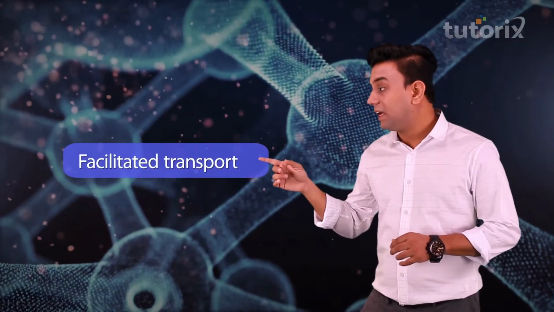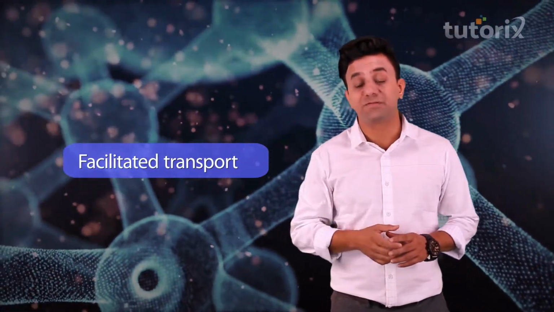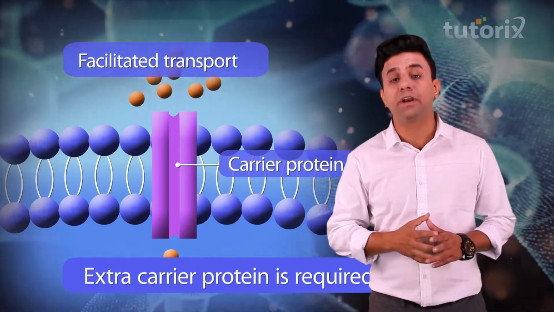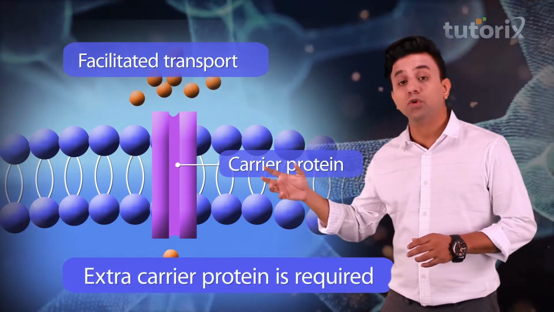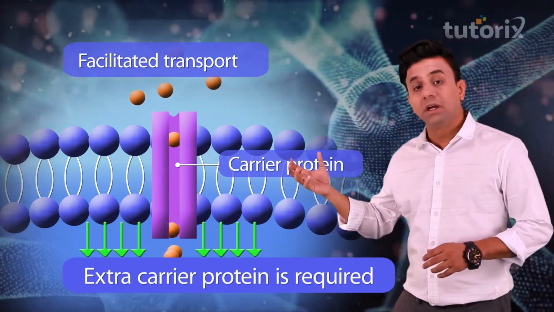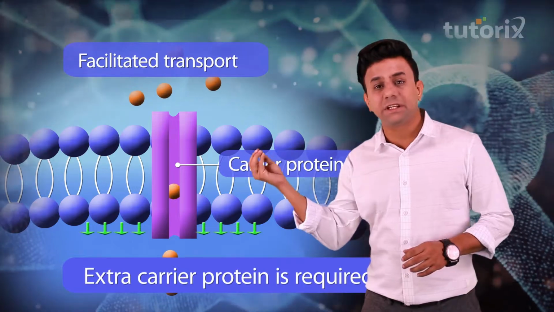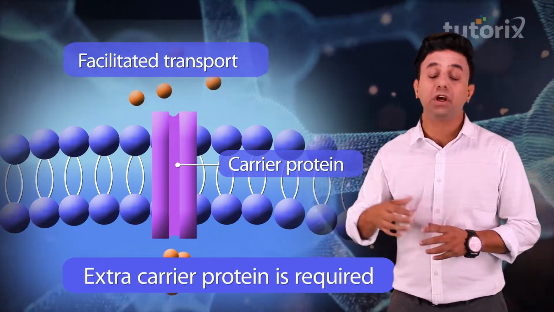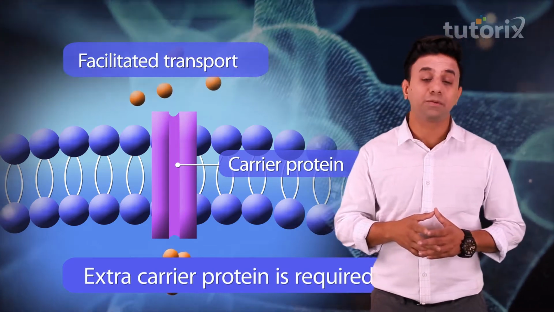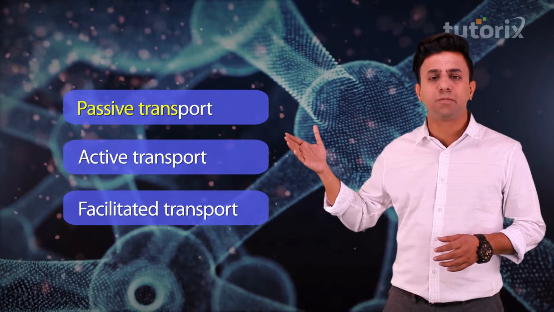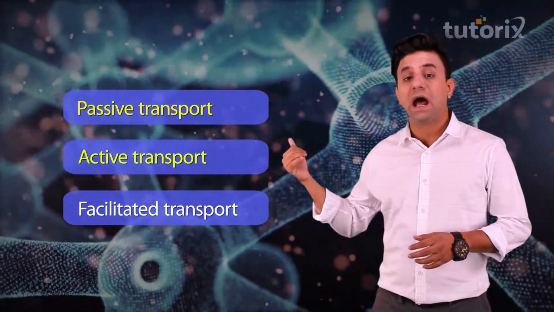The third one is facilitated transport. This means that an extra carrier protein will be required for the molecules to be taken across the barrier. That means that this process, that is facilitated transport, will require an extra carrier protein for this process to be carried out. So hence we have seen what we mean by passive transport, active transport, and